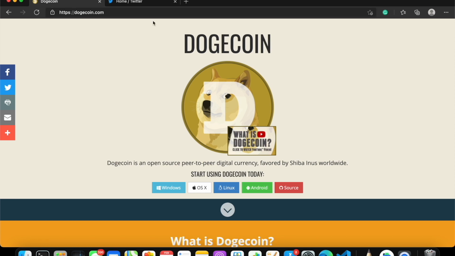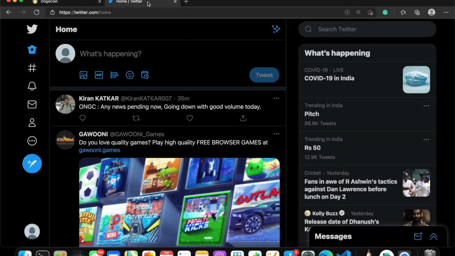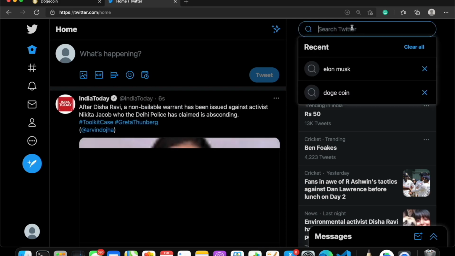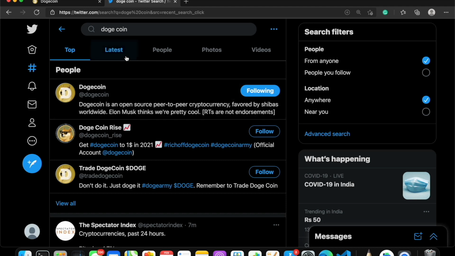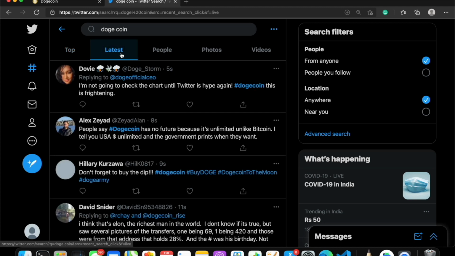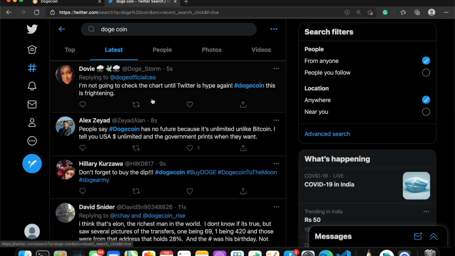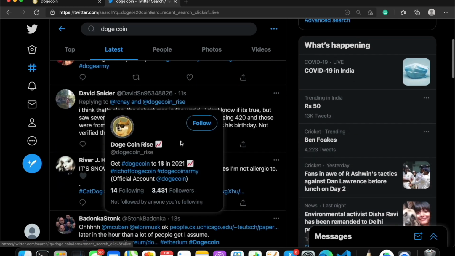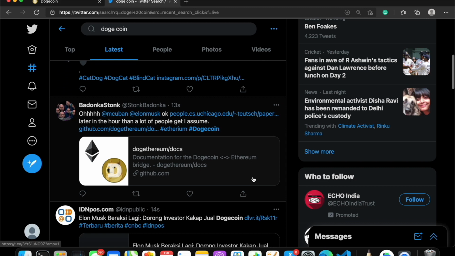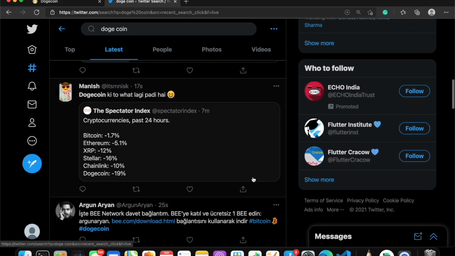For that, let me go to Twitter and search for Dogecoin. If I go to the latest tab, you can see that there are so many people tweeting about it. Usually most of these people are from the community.